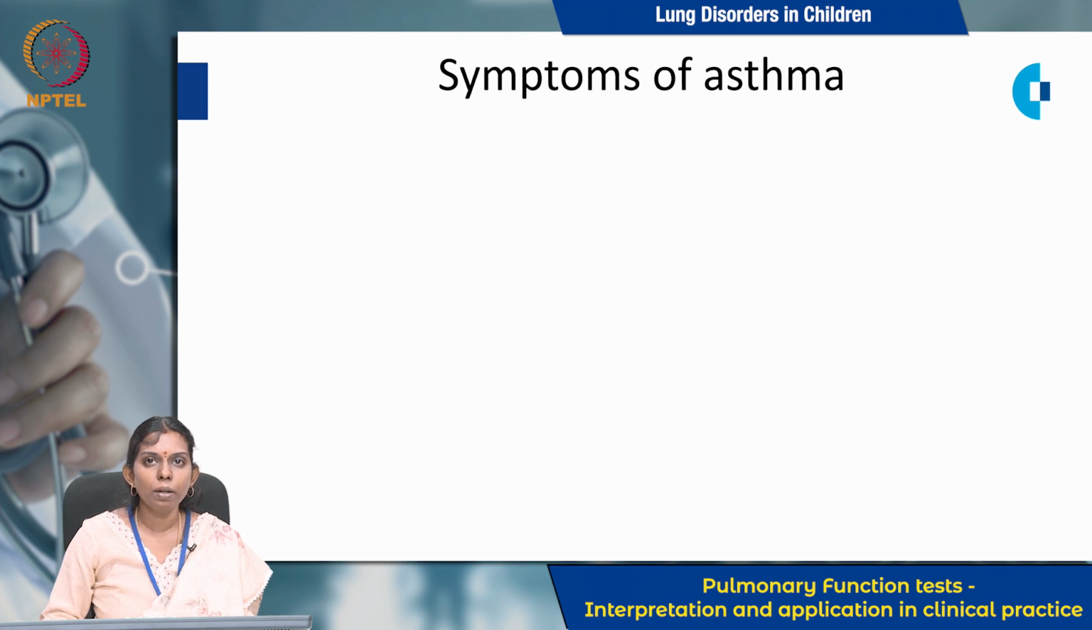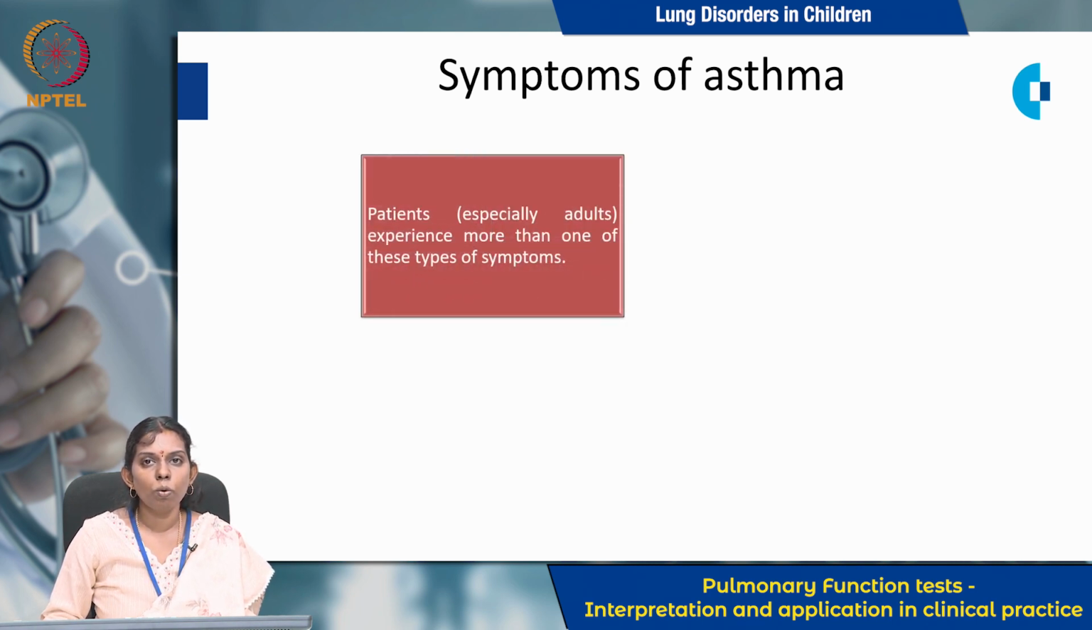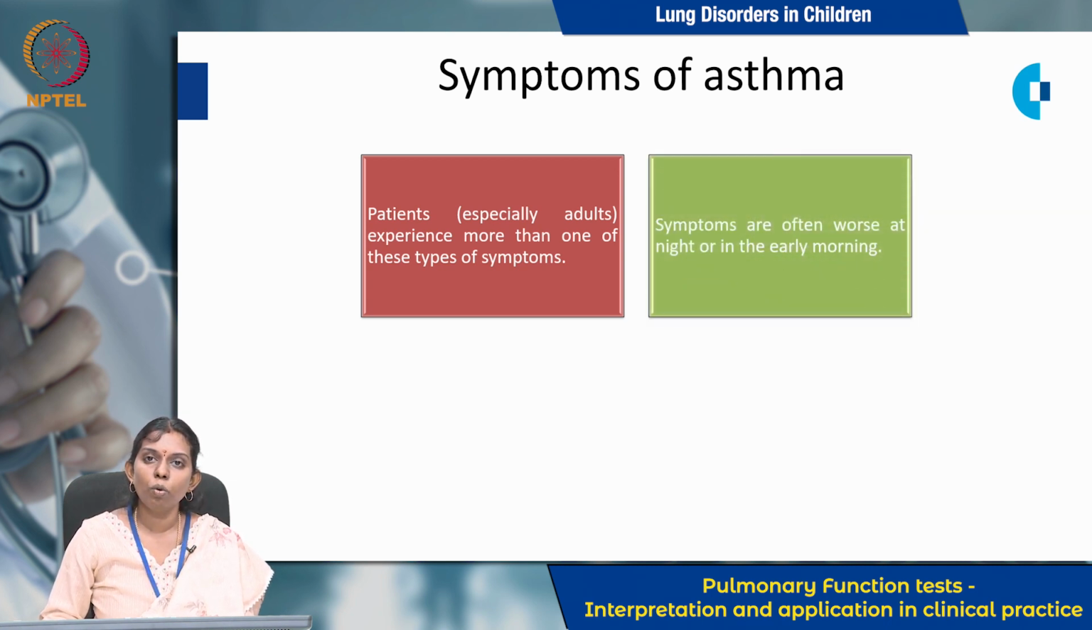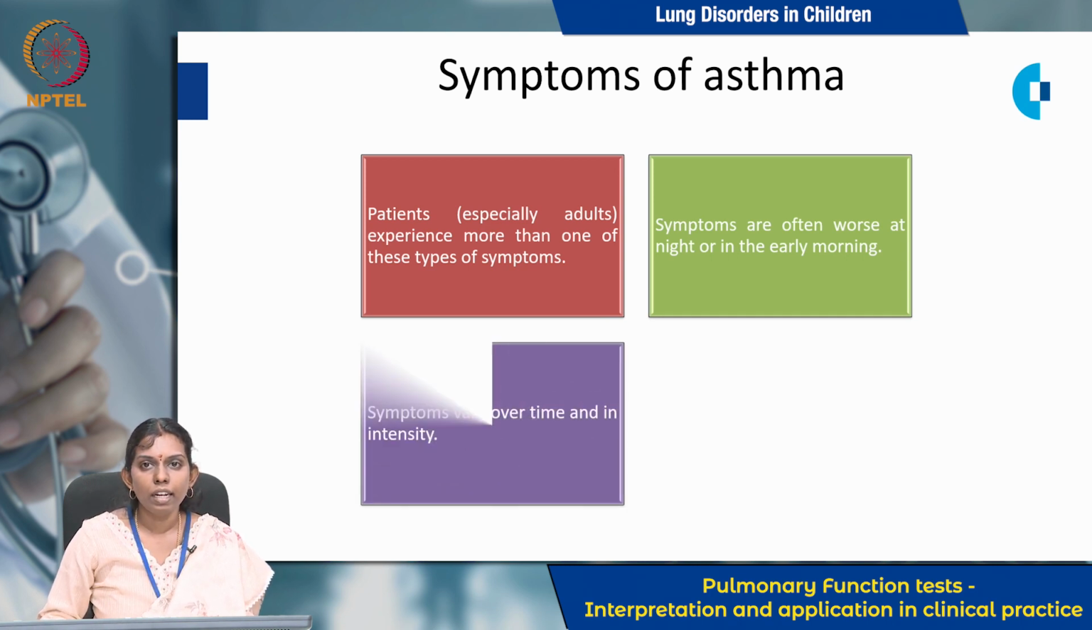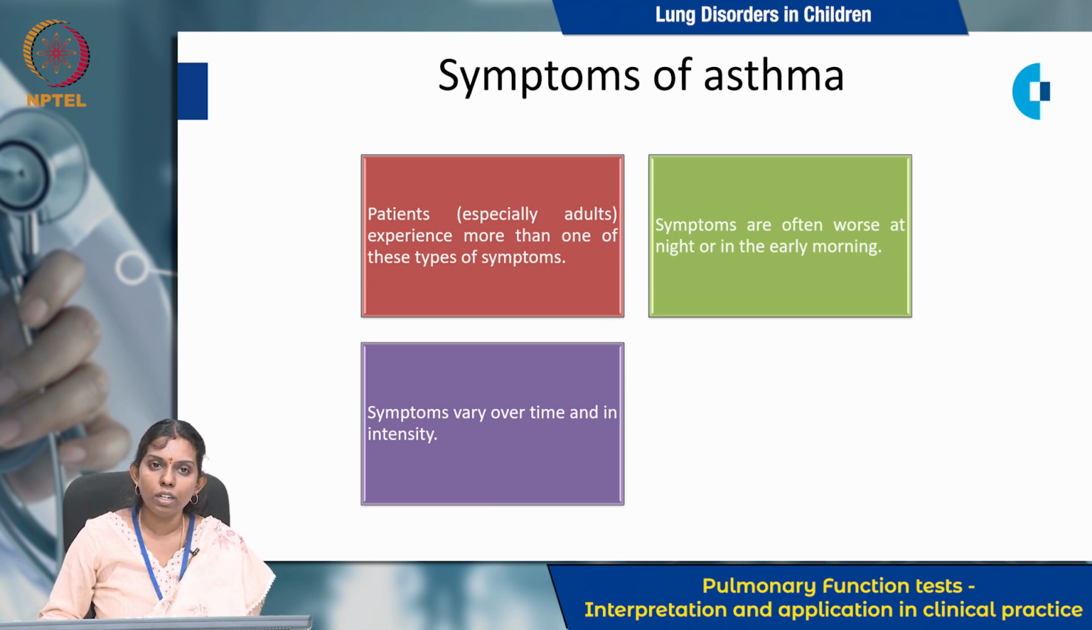So, coming on to the symptomatology of asthma. We know the common symptoms of asthma are wheeze and cough, shortness of breath with or without chest tightness. Basically there will be more night symptoms and early morning symptoms. They might experience more than one symptom, need not be only cough. They can have a cough with wheezing, or a cough with increased work of breathing, or difficulty in breathing with chest tightness. Usually the symptoms will be more in the night and in the early morning rather than during the day, and as we said, it varies over time and